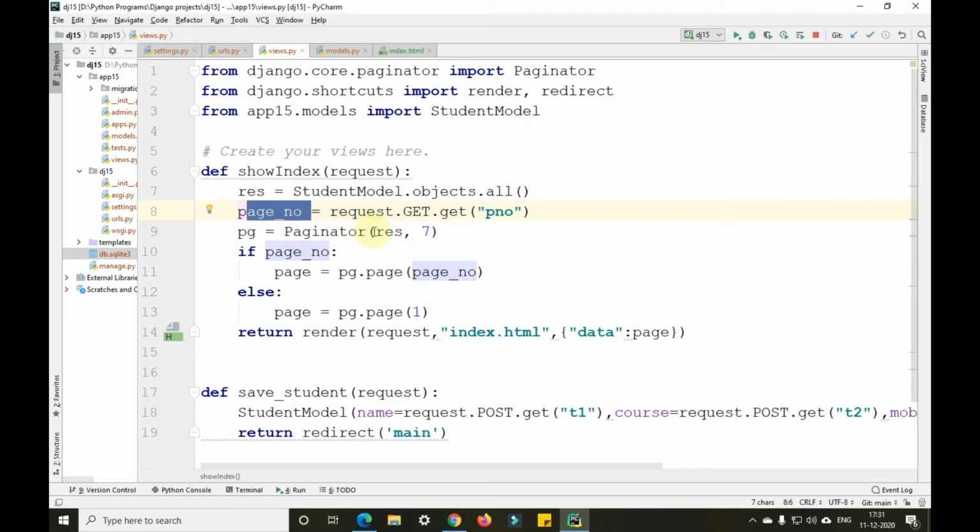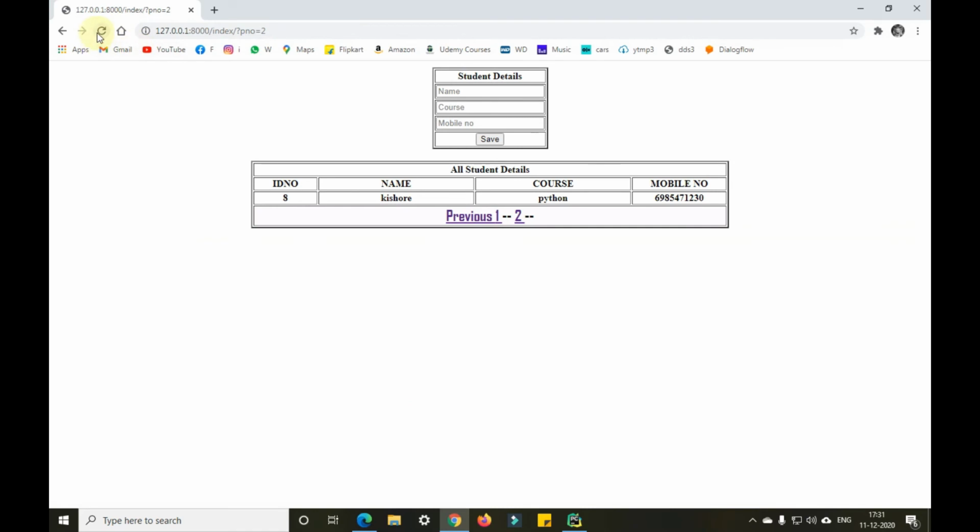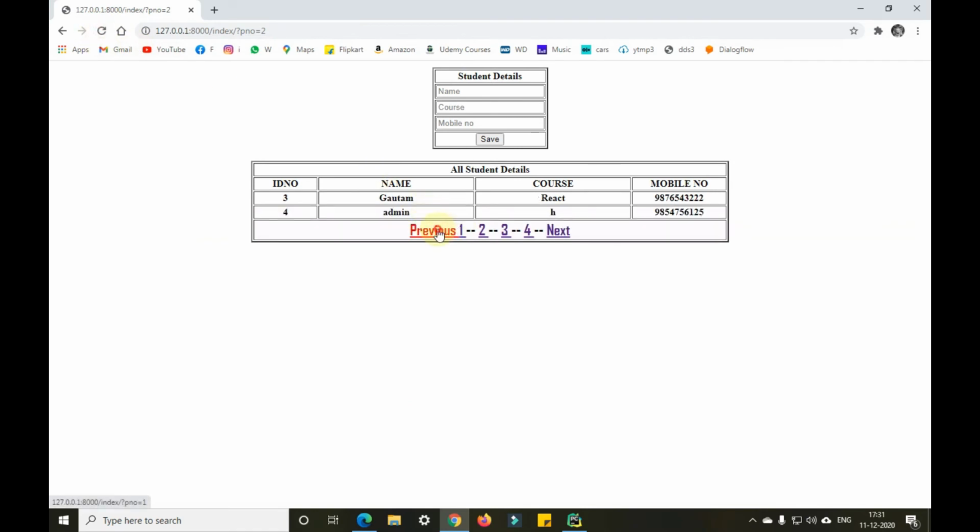and this Paginator takes 2 attributes, that is the data that should be shown and the number of values in each page. So if I change this to 2 here and then refresh this page, you can see each page will have 2 values only here: 1, 2, 3, 4.